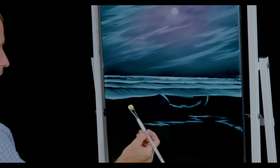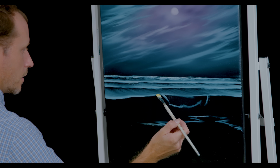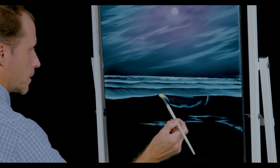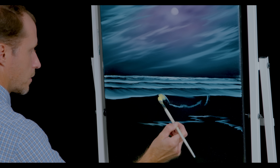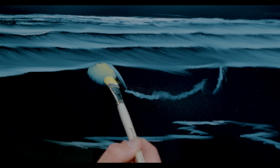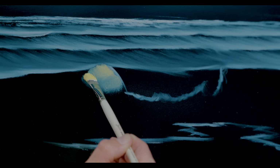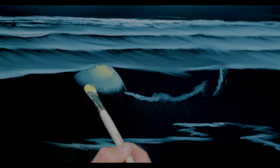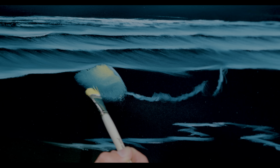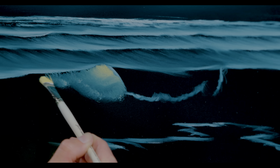Look, both sides of my brush. Now watch this. I'm going to take this brush, turn it on its side, punch it down right at the highest point of that wave, and I'm going to begin to spin it around. But I'm spinning it around in very, very tight, tiny little circles. It's almost like I'm trying to polish the surface of the canvas. If you've ever waxed a car or polished silverware, that's what I'm doing right here. That's the kind of motion I'm making. And then I'll just stretch this out,